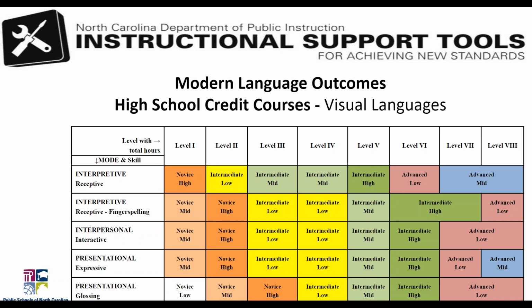However, now if you're following those same two columns, let's say level 1 and level 2, you'll see that in a signed language, proficiency builds at a slightly different rate, and some would argue an even faster rate for certain skills than it does in spoken languages. That's just one of the differences about language types that we take into account for our proficiency outcomes.